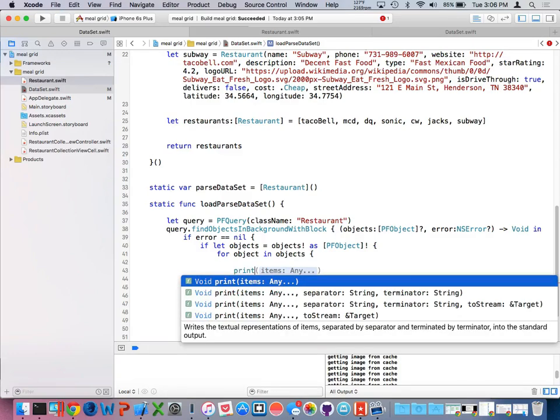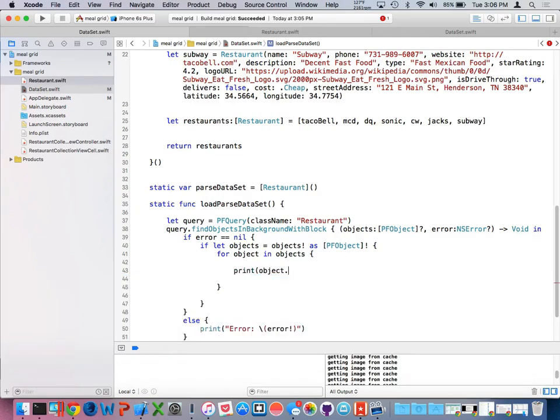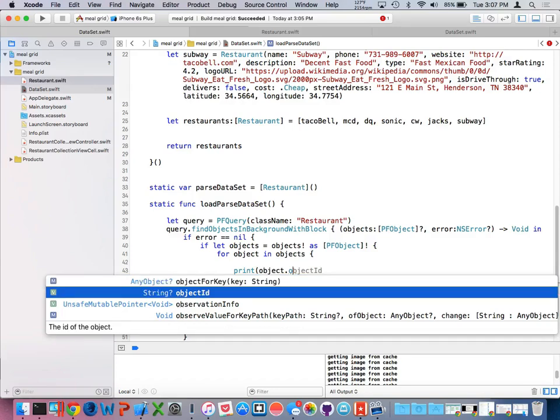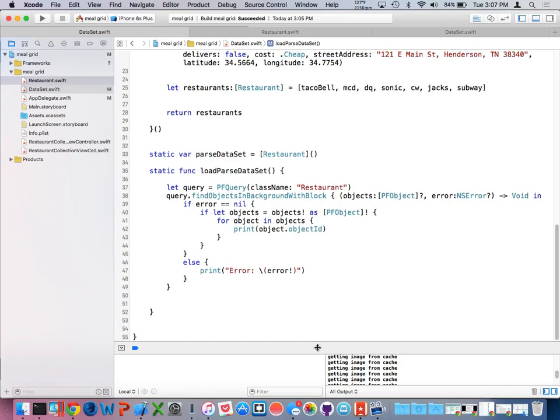And for now, I'm going to print the ID of all of those objects as a first pass. Every Parse object has an object ID and a created at and an updated at, because it has those columns. We know that our objects have some other special values, the custom values, the things that restaurants have, name and logo URL, but the compiler can't know that. So let's just test and see if this works first,